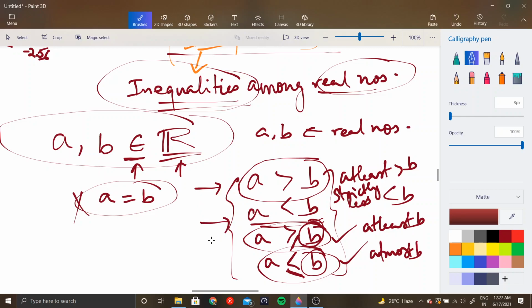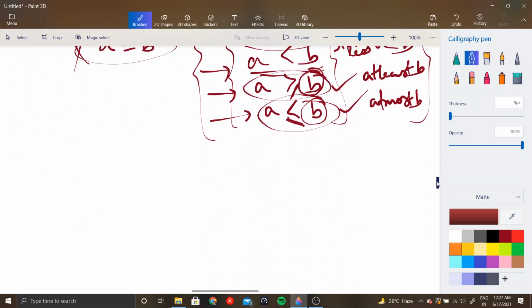When you are dealing with word problems, this will come as: Ram had 3 mangoes more than Sham. Alex had 3 apples less than Max. The salary of Sally is at least 30,000. The expenditure of a family is at most 20,000. So this is the numerical version and I also told you the wording version. You need to remember the signs. This is a greater than, this is a less than, this is a greater than or equal to, this is a less than or equal to. We will be dealing with these symbols in linear inequalities.